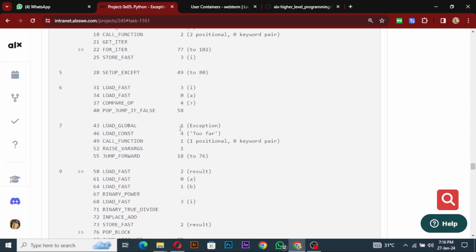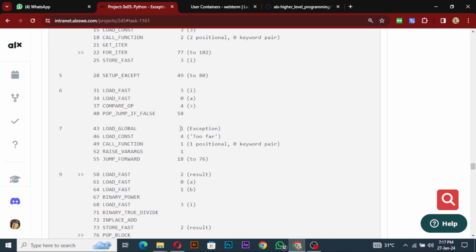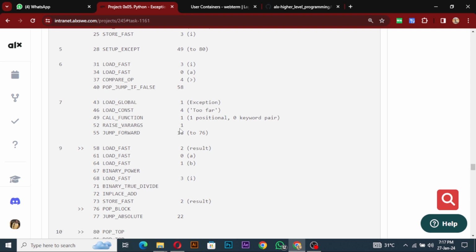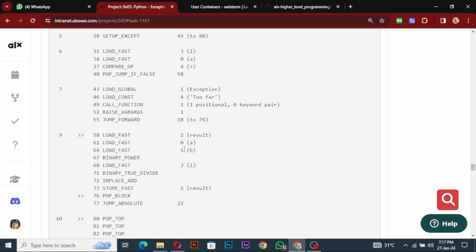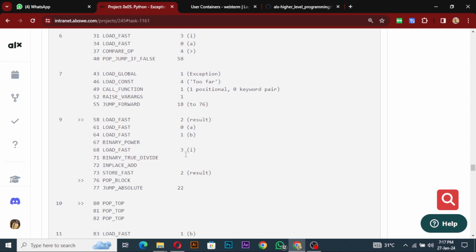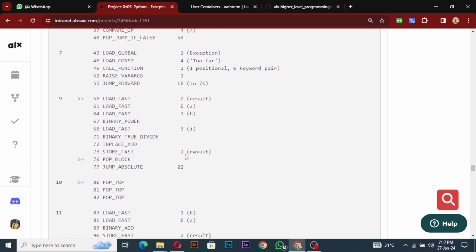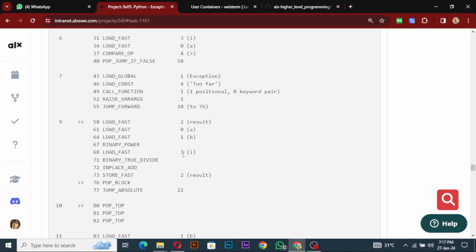The iterator, okay. A and B. Let me see. Trying to see, okay. And then we say else